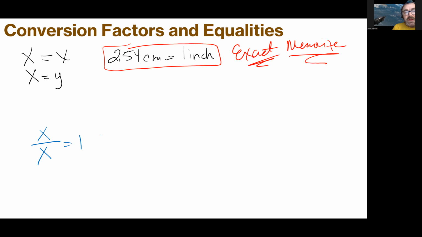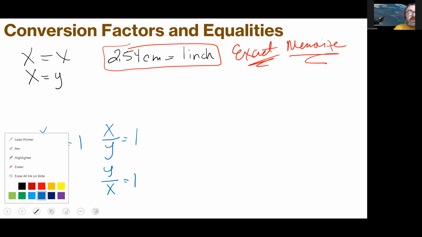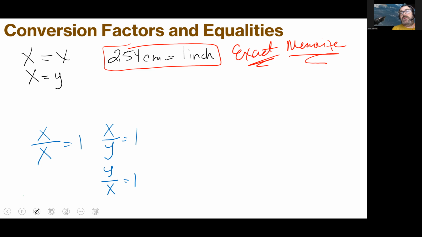Same thing here. If we have x over y, that equals 1. But because they're equal to each other, we could also say y over x is equal to 1. Right? Math is full of these fun little things. We can do the same thing with these measurements that we just had. We could say